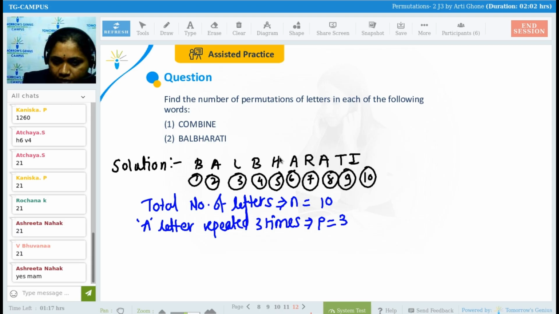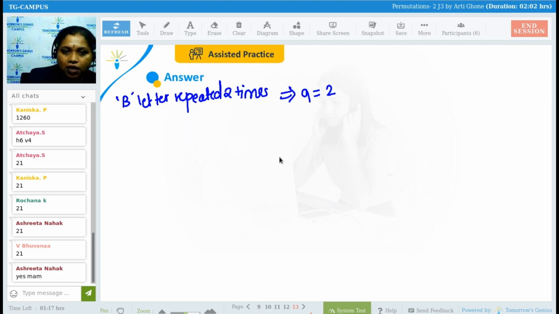Okay, A, B done. L is repeating. No. B is done. H is repeating. No. R is repeating. No. T is repeating. No. I is repeating. No. So we are writing this. Therefore, total number of permutations